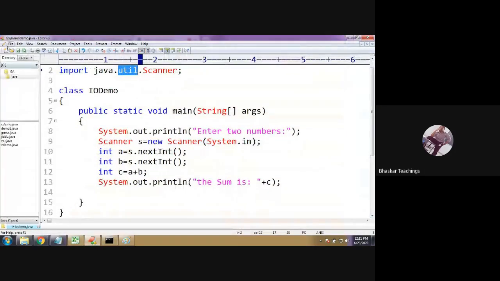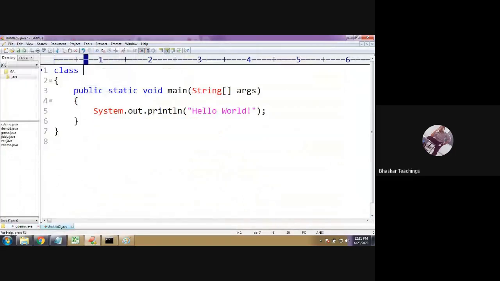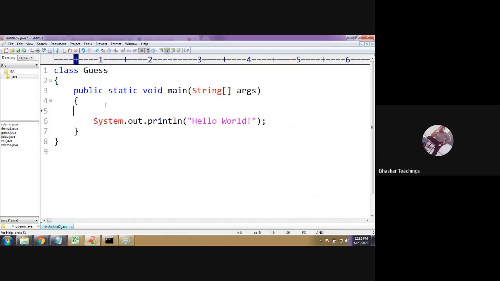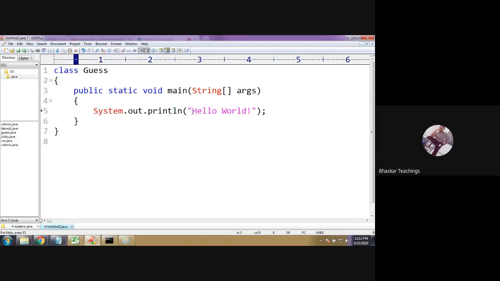let me take a new file. So listen here, you need not take any multiple classes or even methods. You make it simple. You can simply write it in the main method only. So let us say the class name is Guess. I already gave that, but I'm just showing you. So what is the first line? He has to be asked to enter the correct number. This is the string, right? We're going to present it to him. Enter the correct number.